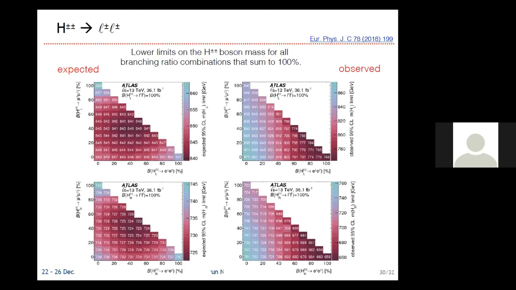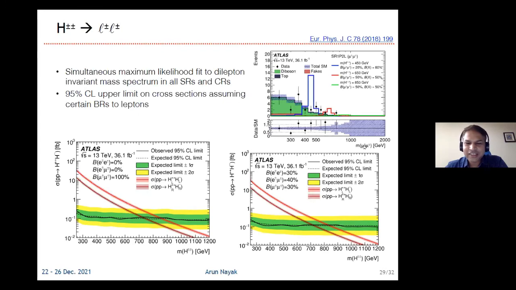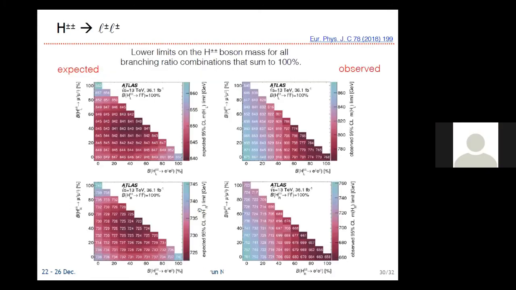One has done only a tiny bit worse than the observed, and is actually better than what was expected. Yeah, I think they should be pretty similar because these are obtained from these limits, and you see that the expected and the observed are pretty similar. Then that is clear. Yes. Okay. Thank you.